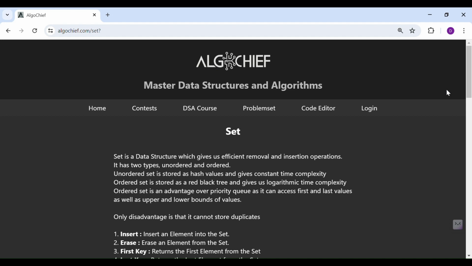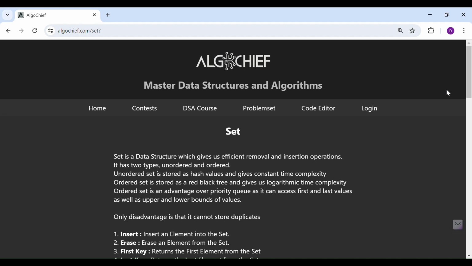For ordered set, all of the elements are stored as a sorted list. Means not as a list, but all of the elements in the set are sorted. It is stored as a red black tree, and this gives us log time complexity for removal, insertion and searching